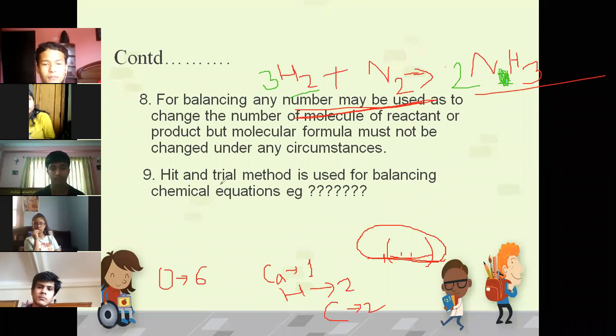And number 9 says the hit and trial method is used for balancing chemical equations. I have given one example here. You can finish the example here. Okay, is there any